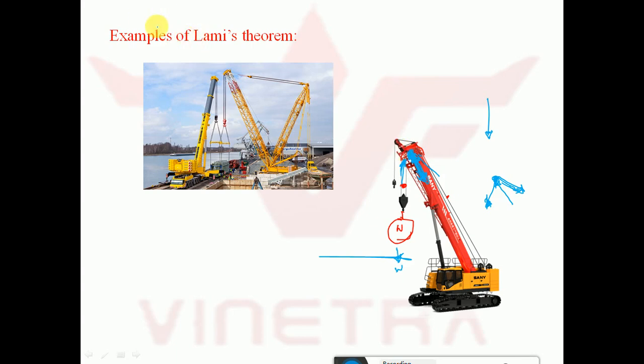Now come here, this string is in tension. See here, this string is in tension due to application of load. Again, this string is also in tension, and this metal is in compression. So here also three forces are acting. So here I can use Lami's theorem. They are making angles alpha, beta, and gamma. I can apply Lami's theorem here and solve what are the tensions developed in these two strings and what is the compressive force that is coming on this metallic rod.